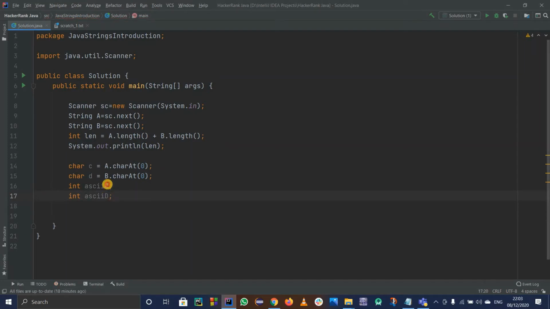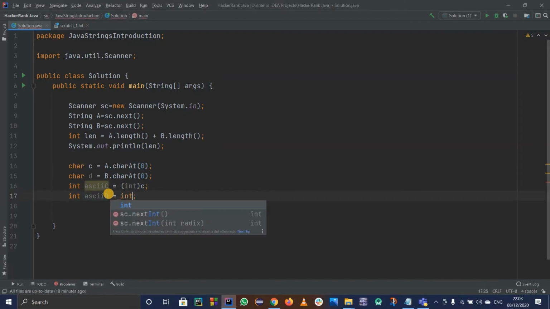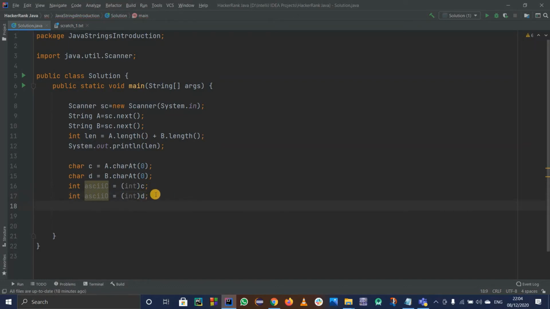ASCII of c will be equal to int and then c in round brackets, so that I convert it into an integer or ASCII value. The same thing over here: int of d. Fine, I got c and d. Now I'm going to check if ASCII of c, where c is from a and d is from b,